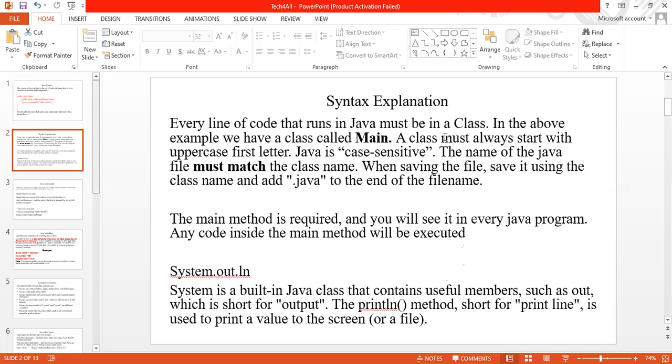Now, Java is case sensitive. What do I mean by case sensitive? All I'm saying as case sensitive here is that the name